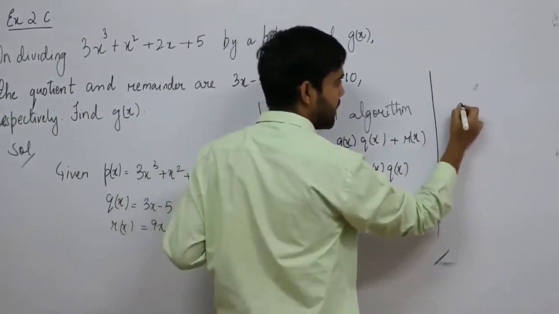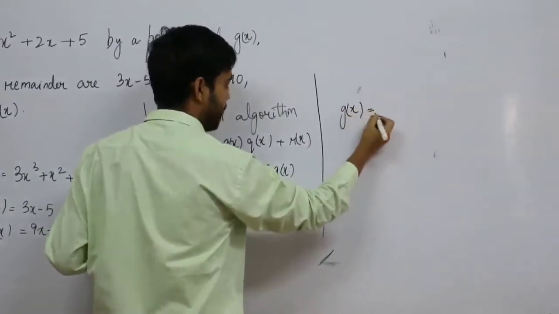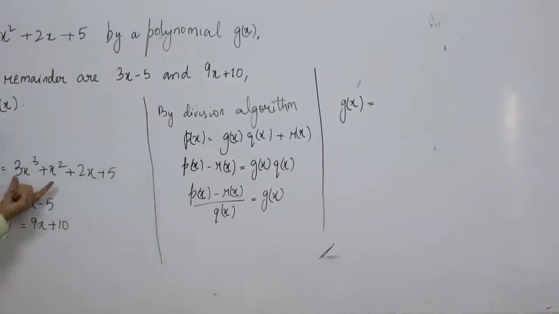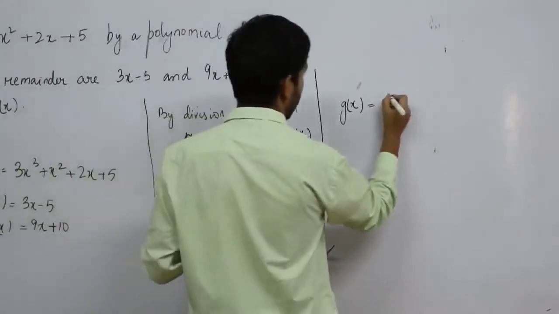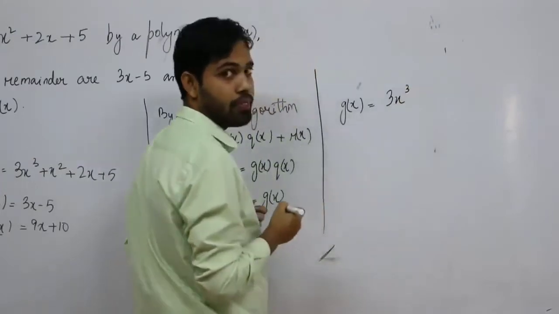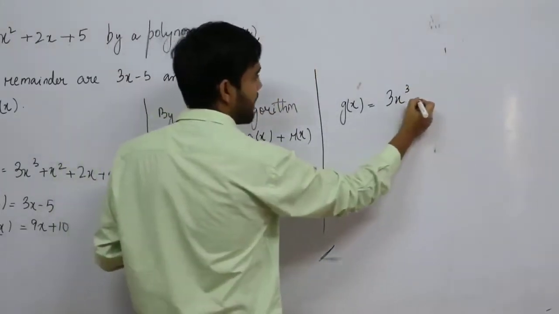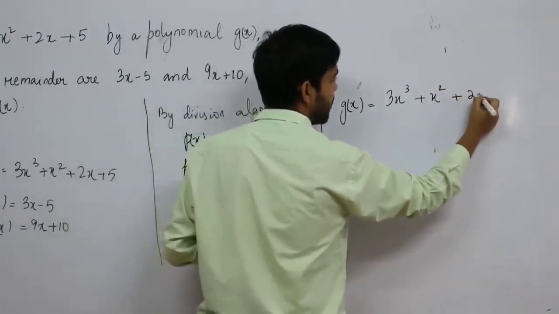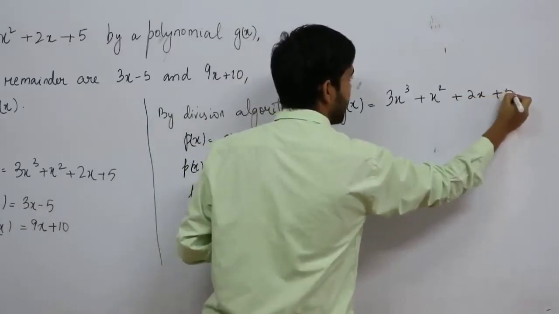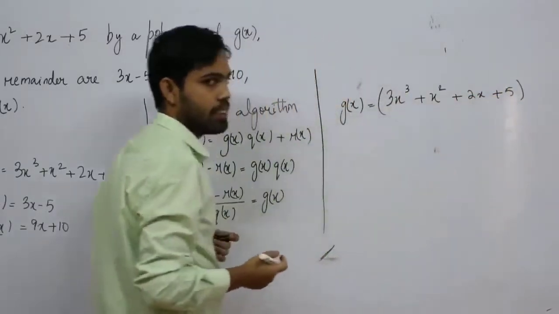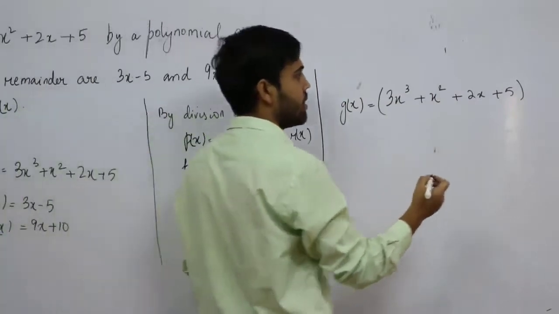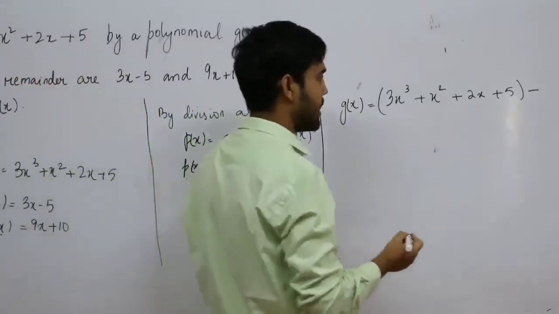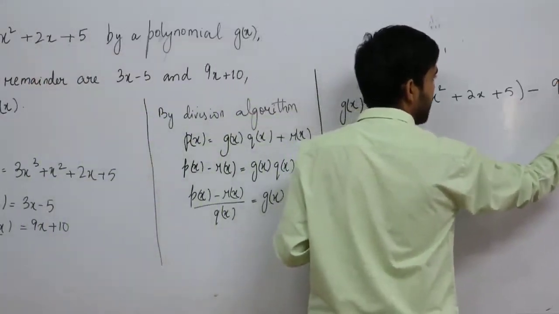So my g of x, I can write this as, from here, what is p of x? P of x is this polynomial, right? So I have 3x cubed plus x squared plus 2x plus 5. This is my p of x, right? Minus rx. What is my rx? My rx is equal to 9x plus 10. So I have 9x plus 10